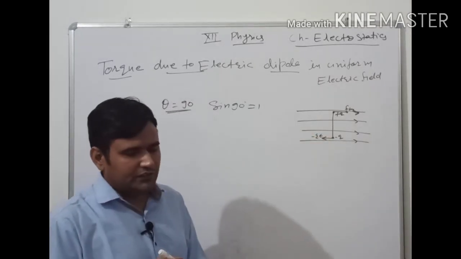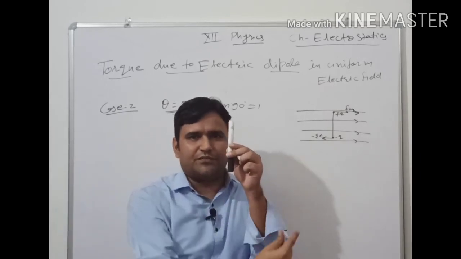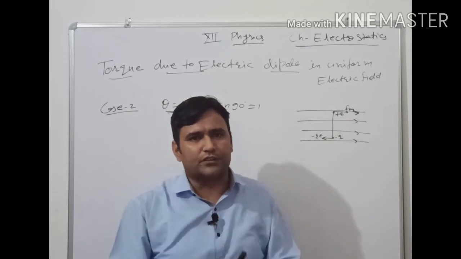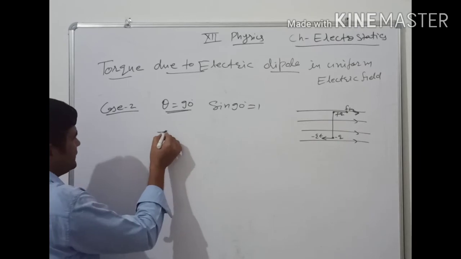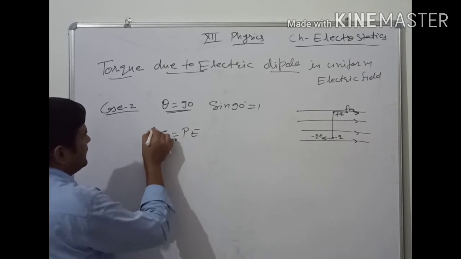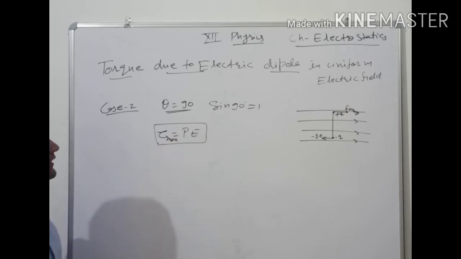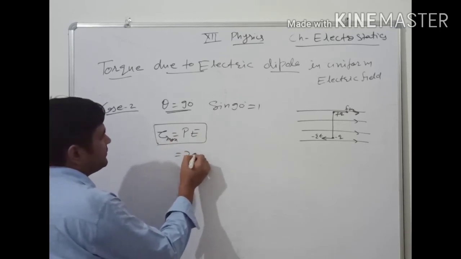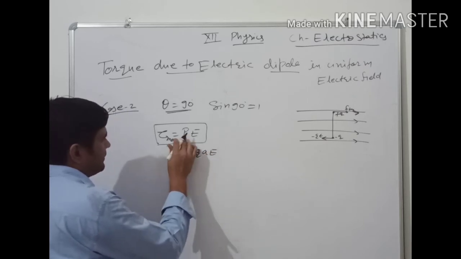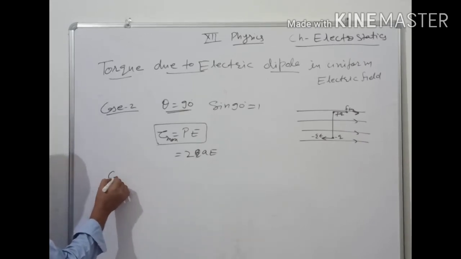Now in this case, when it is placed like this, there is a force in this direction, another force in this direction, it means these are the conditions of maximum rotation or the maximum torque on it. Now the formulation tau equals P into E is the condition for the maximum torque. The value of the maximum torque is equal to P into E, and it can also be written in terms of 2 Q into A into E, because P is written in terms of 2QA. Okay, it is the case number 2.